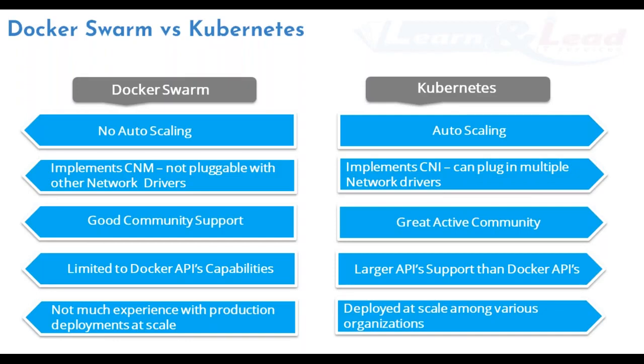So there is good community support. Both are open source mostly. There is good community support for Docker Swarm, whereas Kubernetes has a great, active community because of its huge demand in the market right now. There's a lot of active support provided by the community. Now Docker has limited APIs. Since you saw that Kubernetes has an API server, Kubernetes APIs are much richer when compared to Docker APIs. So limited APIs in Docker, and more APIs and more solutions within Kubernetes.